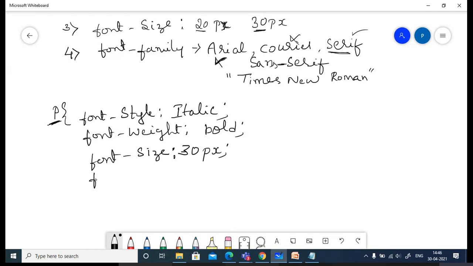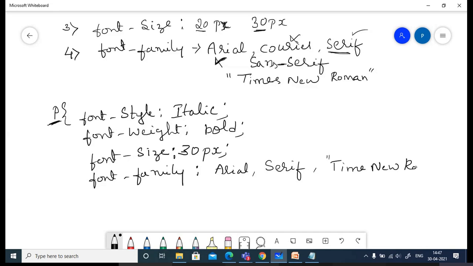Next, font family. Font family, I am going to use Arial. Okay, then I will specify some other font families, in case it is not supported, it will take any one of these. Okay, if it is Times New Roman, specify it. If it is more than one word, specify it within the double quotes.